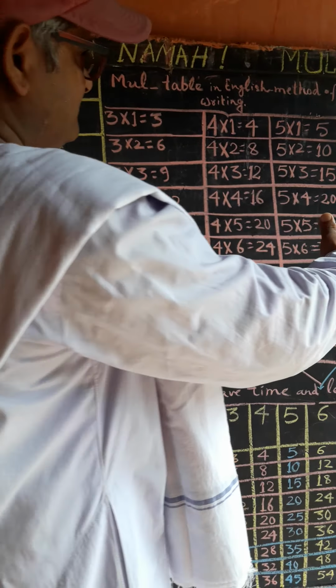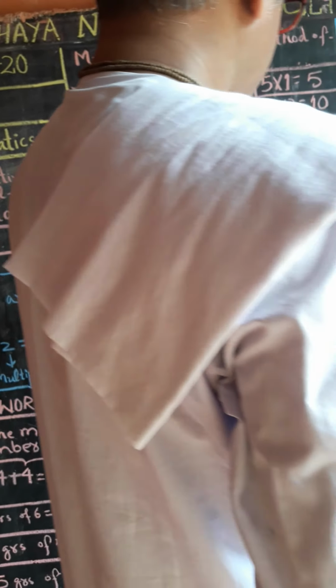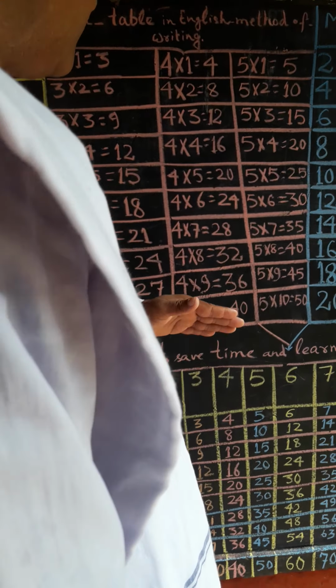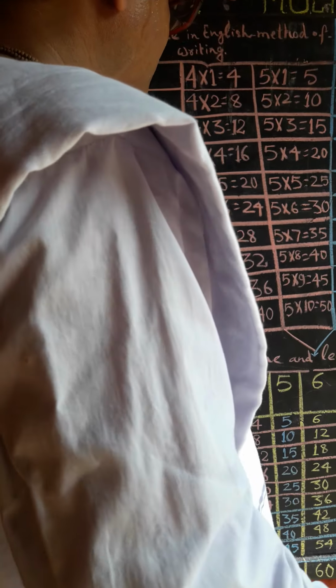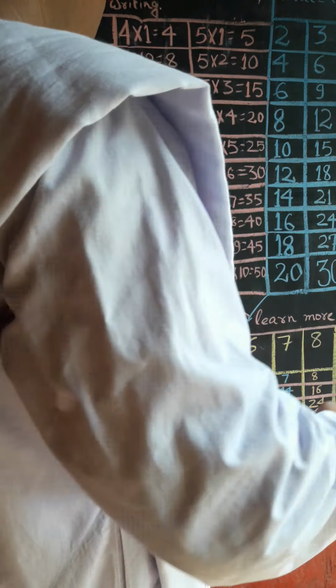Now, after studying both the ways of writing, we come on a common platform which can be written in less time and can be learned more in less time. That is the technique to save time and learn more in less time. You make a graph like this. Here mention table to this row,